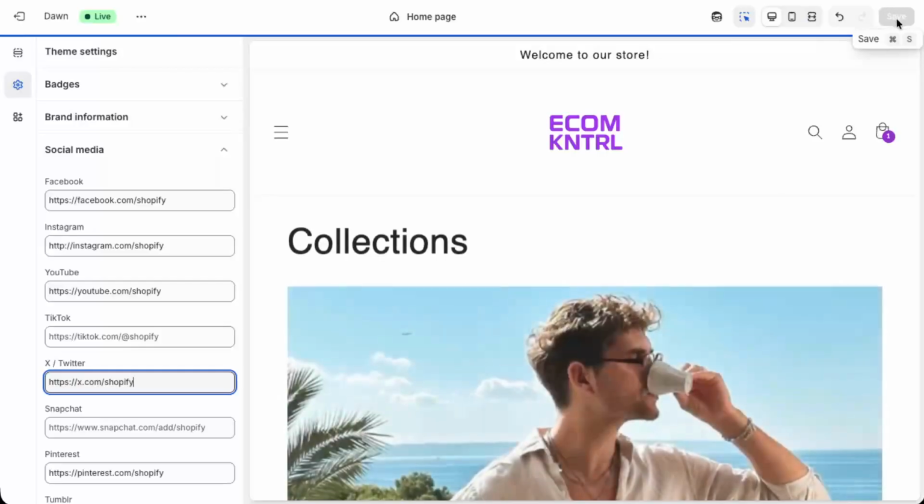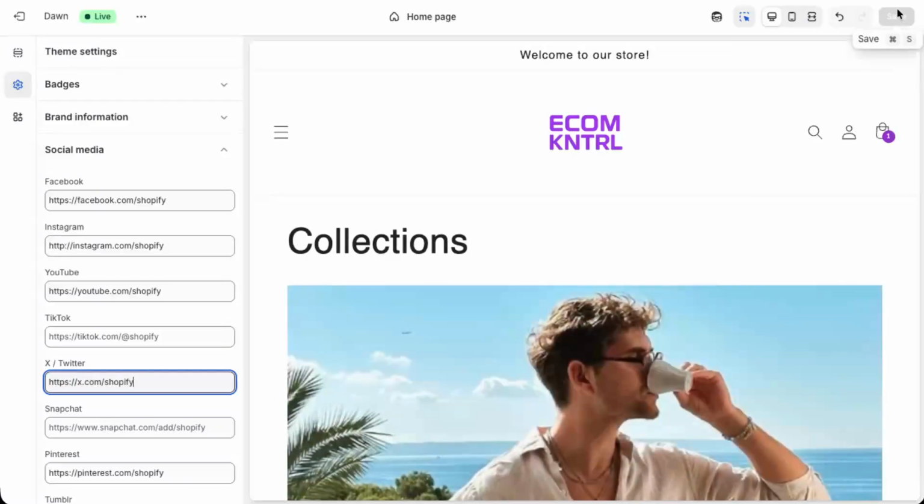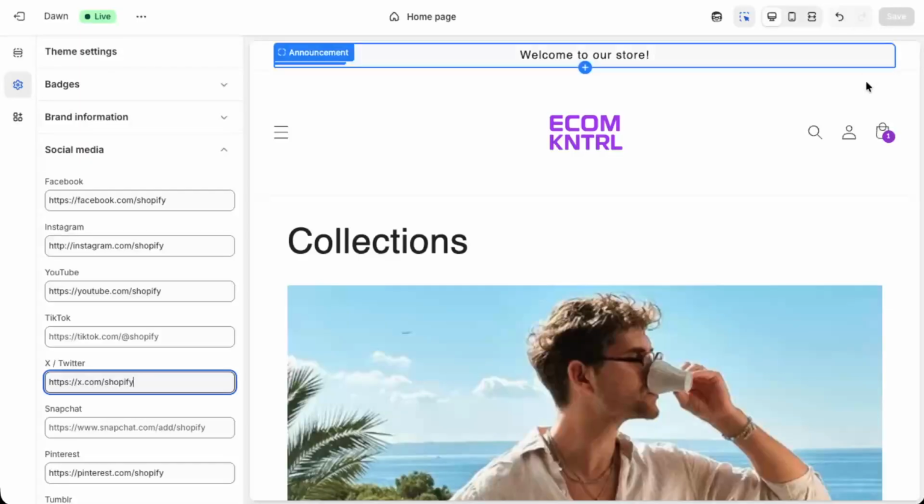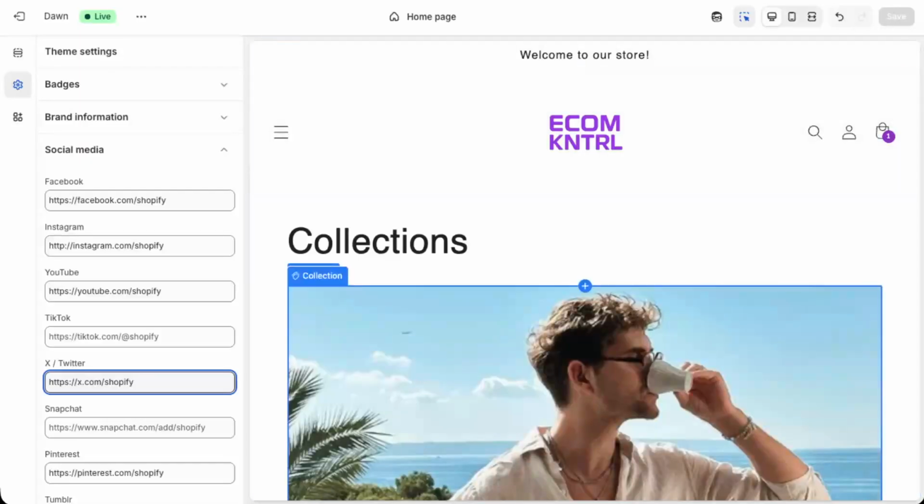When you're happy with your changes, don't forget the most important part. Click Save at the top right of the editor. This will publish your updated social links to your live store, so visitors can start